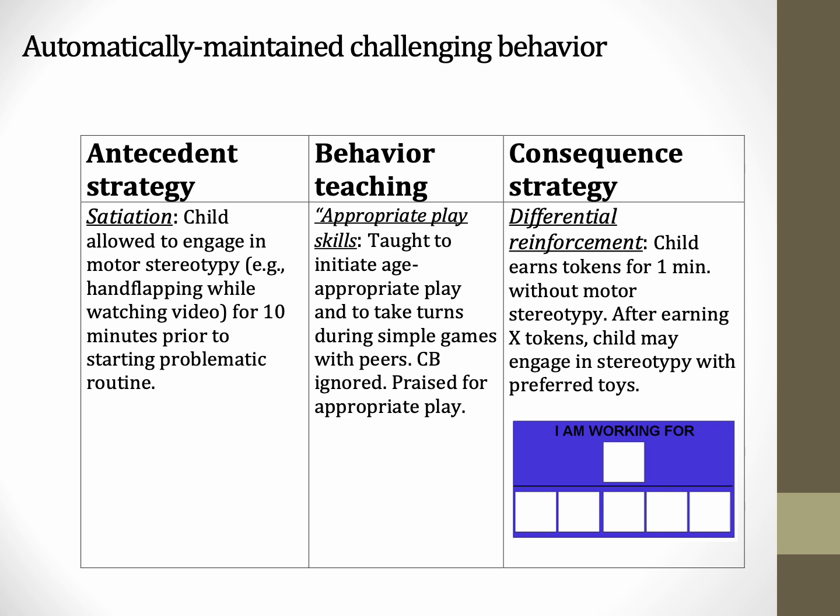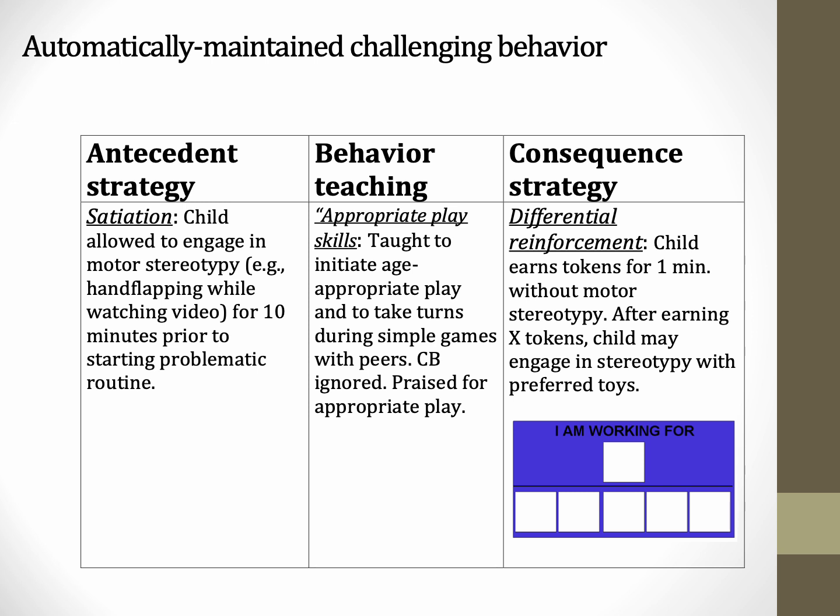And you can directly teach the appropriate behavior using whatever strategy you have while the challenging behavior is ignored. You can also use differential reinforcement as a consequence strategy. So when the child does not exhibit the hand clapping behavior, the self-stimulatory behavior, for 1 minute, the child will receive a token. So using token economy,